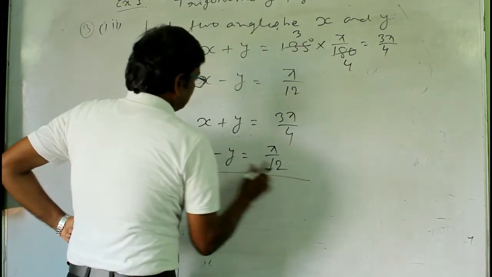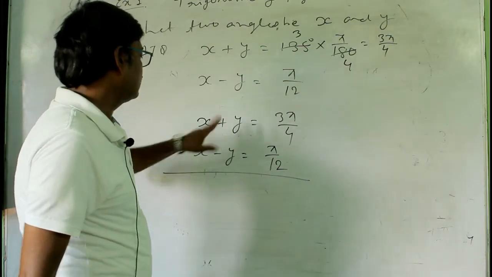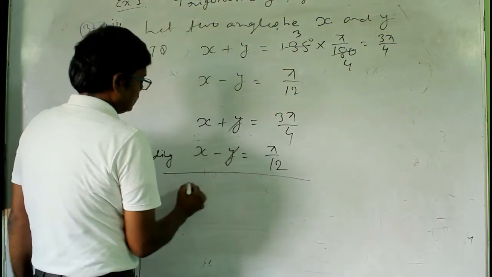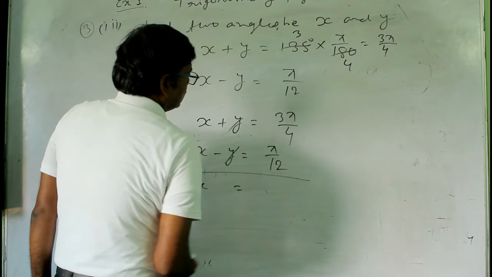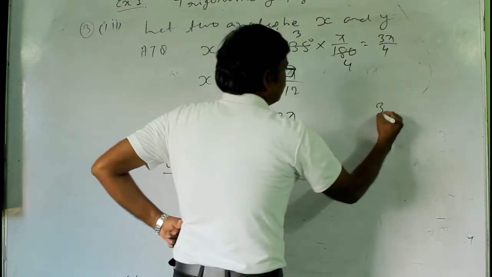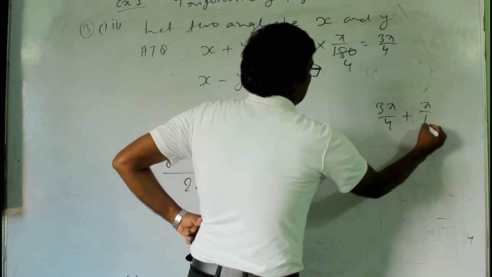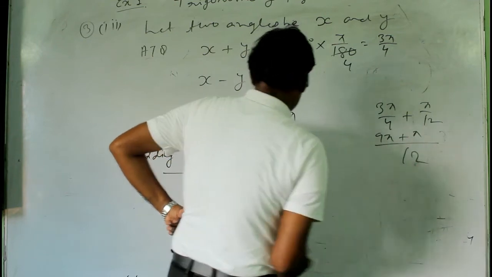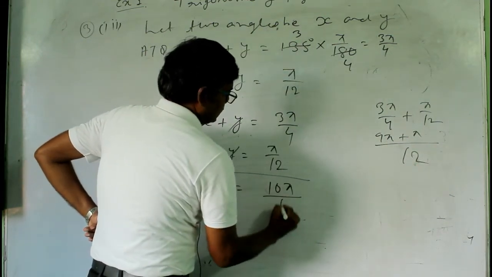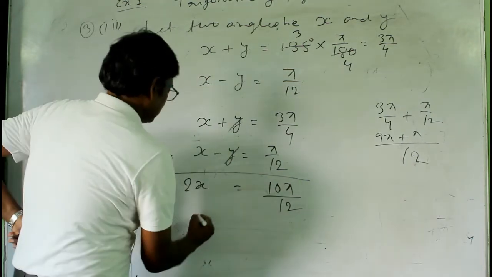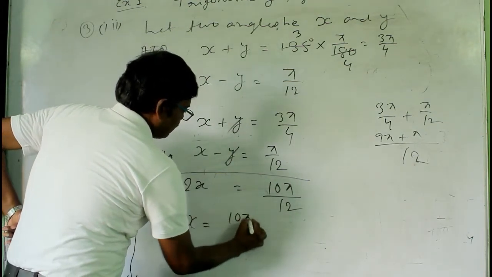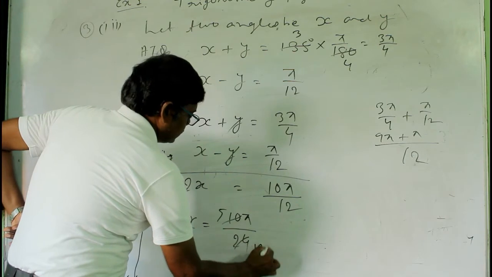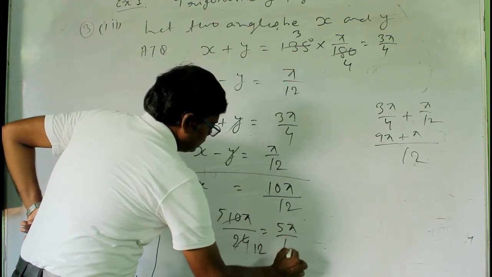Now solve these equations here. Because this is negative and this is positive, add these two equations. Okay. So here adding, these two we can cancel out. So 2x equal to now 3 pi by 4 plus pi by 12. How much will it be? Over 12 here, 9 pi plus pi, that is 10 pi. So here you will have 10 pi by 12. Okay. Then what is x equal to here? x equal to 10 pi by 24, and here 2 into 5 and 2 into 12. So you have 5 pi by 12.